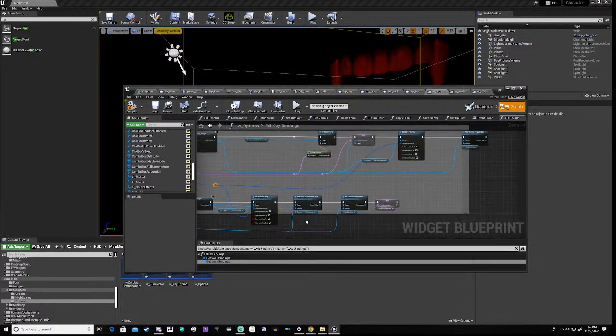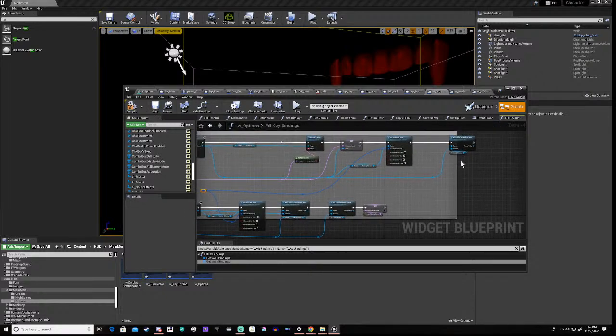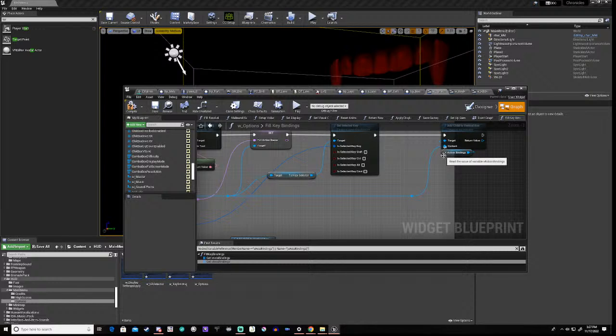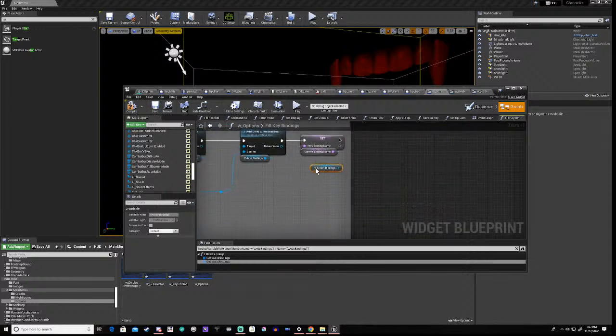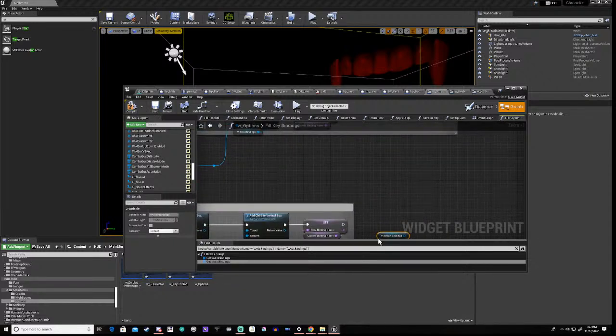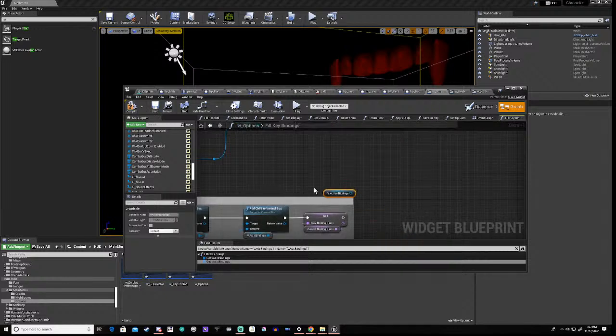And this is where we're going to add the thing to our actual vertical box,